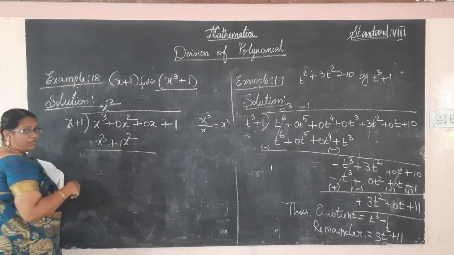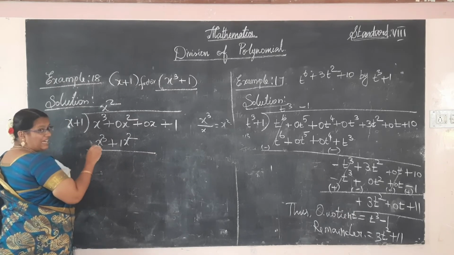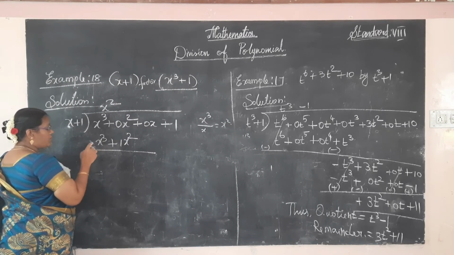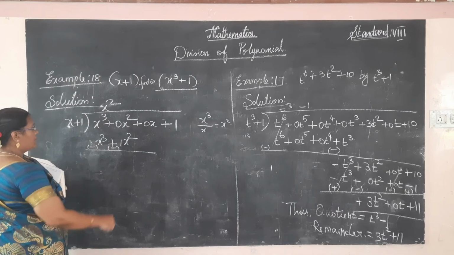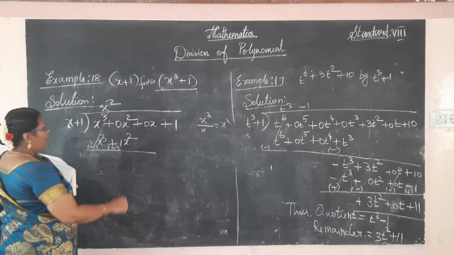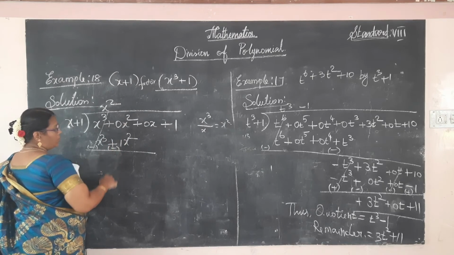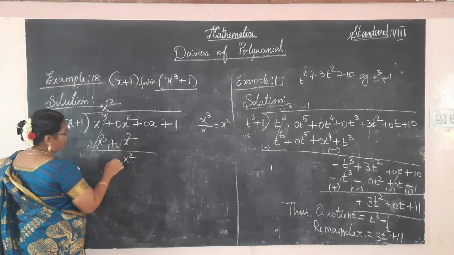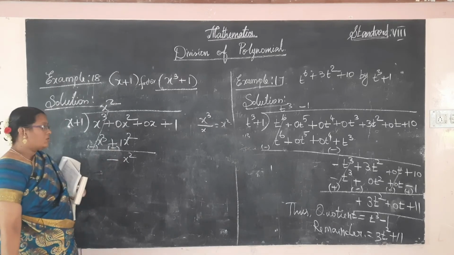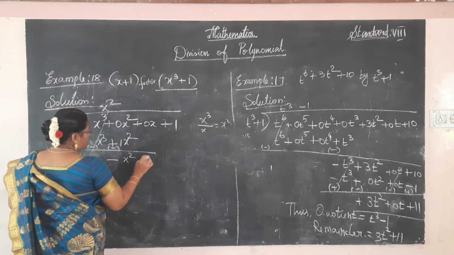So next what do we do? We change the sign, so write the additive inverse. What is the additive inverse of plus? Minus. So this term will be cancelled. Here plus 0 x squared minus, so subtract and put the greater number's sign. Subtract x squared, 1x squared. The greater number's sign is negative. So minus x square. Now bring down the next term, 0 x square.